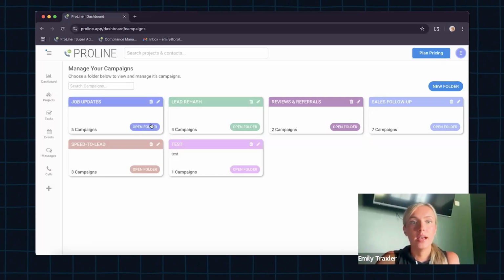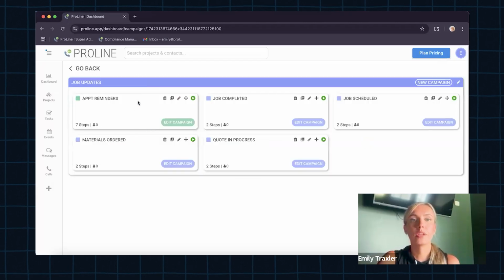But let's take a look at the job updates folder. I have appointment reminders set up as a campaign. I can see that there's 7 steps and that I have 0 people actually in this campaign right now. Job completed has its own campaign, job scheduled, quote in progress, and materials ordered. Let's take a look at appointment reminders. I can edit the campaign